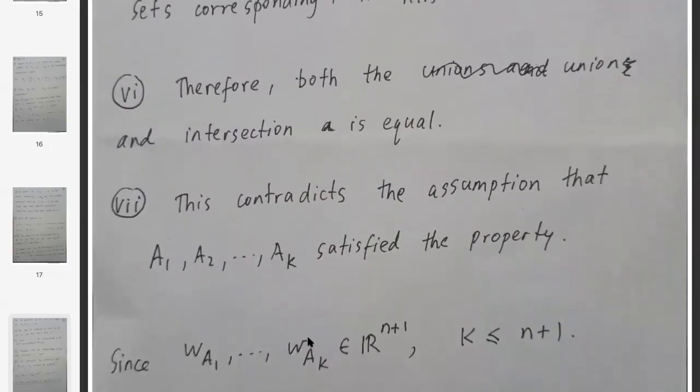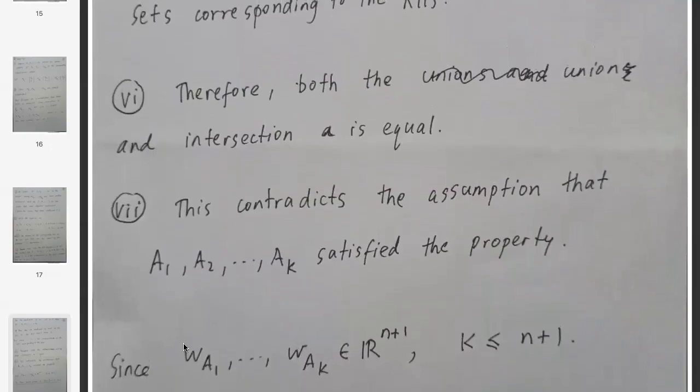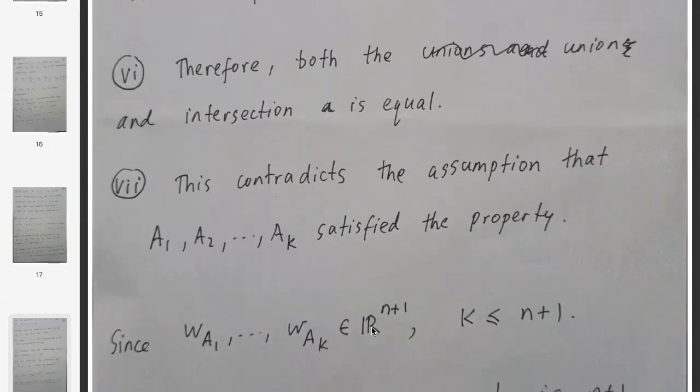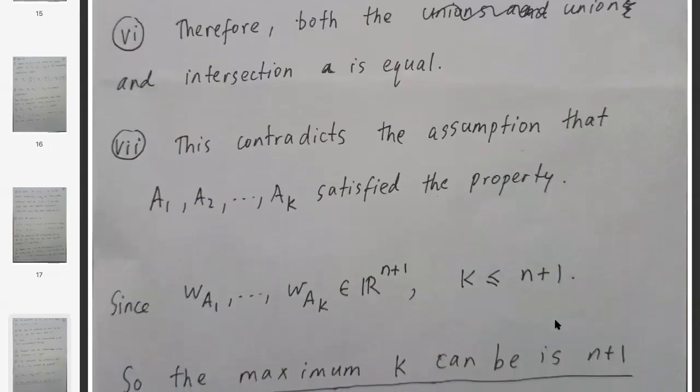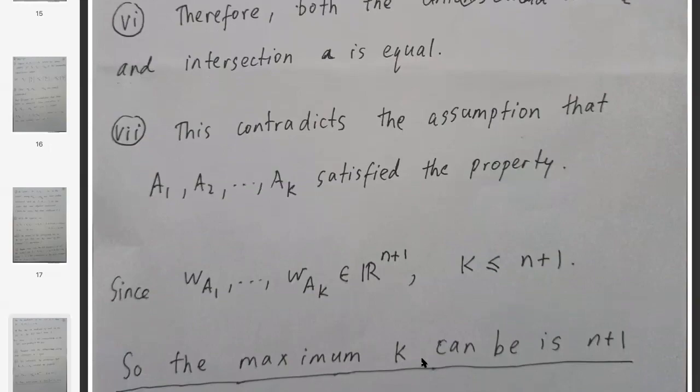Now, since the vectors which we used to get the contradiction were vectors in R^(n+1), these modified vectors w1, ..., wk, where we took the characteristic vectors and added a 1, lie in R^(n+1), and we proved that they are linearly independent. So that proves that the number of them is less than or equal to n plus 1, that is, k is less than or equal to n plus 1. And we also had an example to demonstrate that n plus 1 is possible. So the maximum k can be is n plus 1, and n plus 1 is attained. Okay.